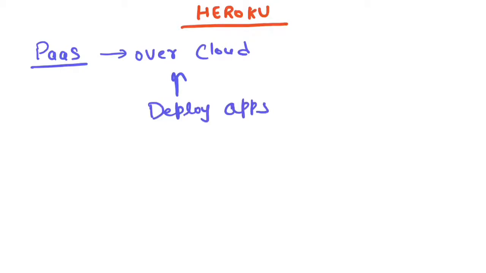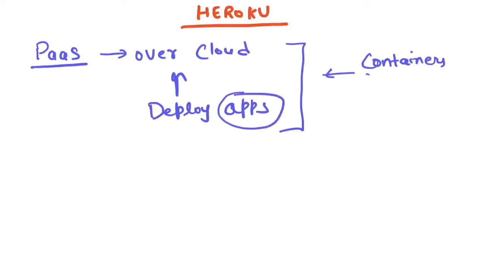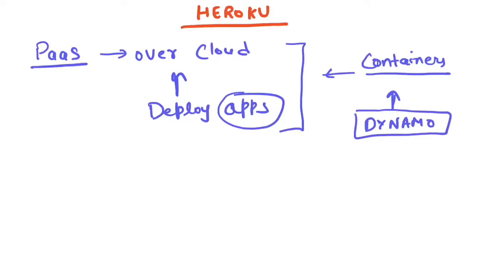a service concept, and you can ask for whatever resources or infrastructure you need, how much compute, how much memory, RAM, how many instances of servers you need. You can ask for the same over platform as a service infrastructure. Now in cloud, whenever you deploy your application, you deploy it over containers. So it offers containerized approach where you would be deploying your apps over containers, and these containers in Heroku are called Dynos. So you can ask for a single Dyno or multiple Dynos depending on the type of load or the compute you are expecting within your app.